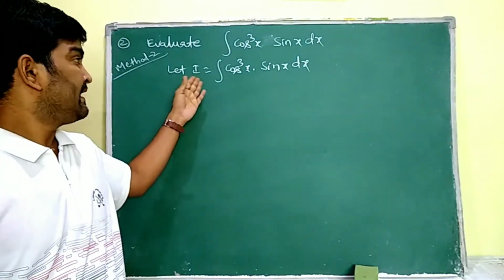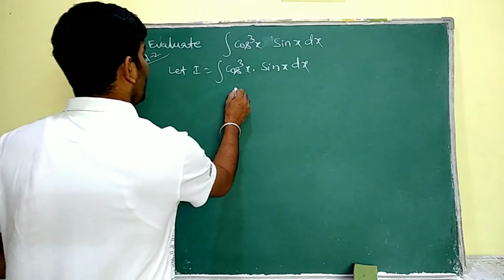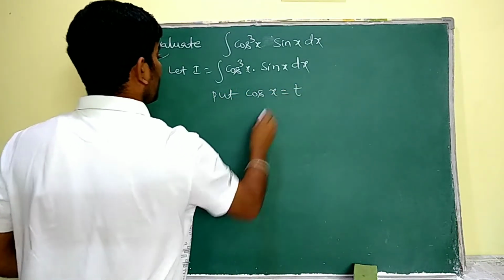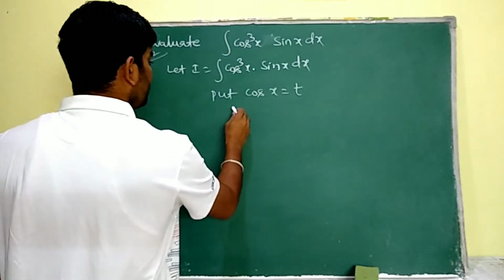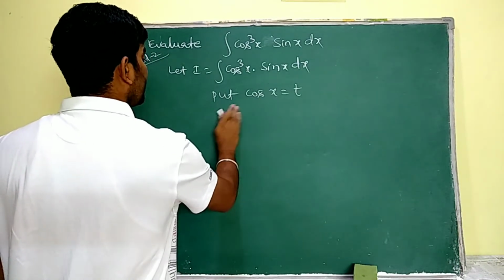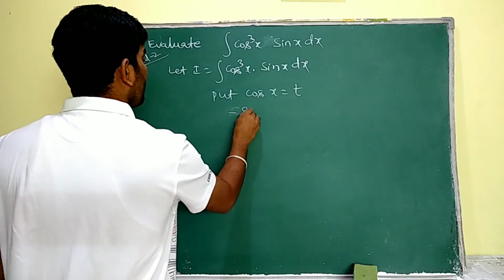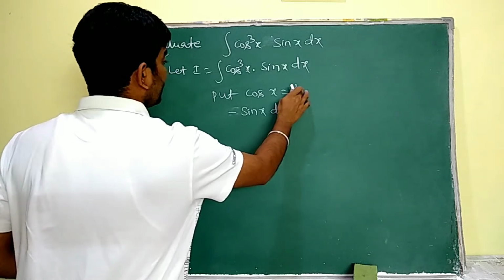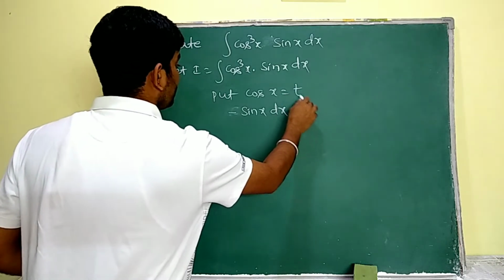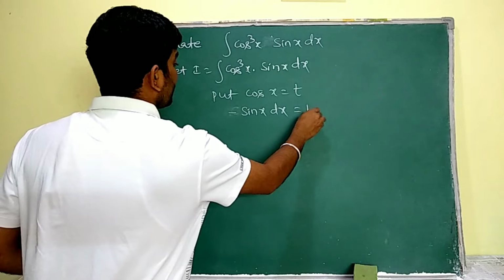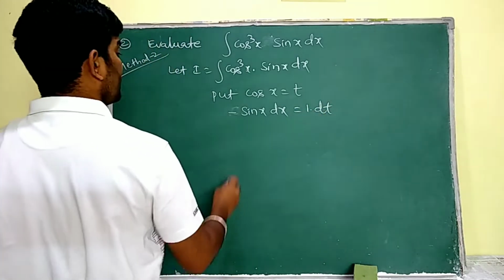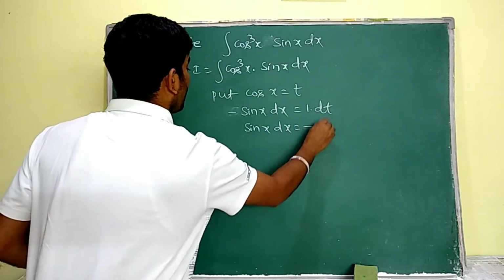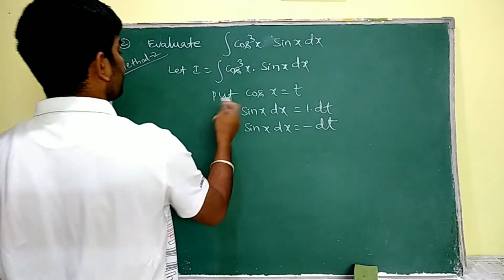In the substitution, just I am going to substitute cos x, that is put cos x is equal to t ma. Differentiate on both sides with respect to the respective variables. That is why d by dx of cos x we know minus sin x. At the end you have to write dx. Here I am differentiating this t with respect to t now. D by dt of t is 1 into dt we have to write. That means sin x dx is equal to minus dt. Just I have to transfer this minus.